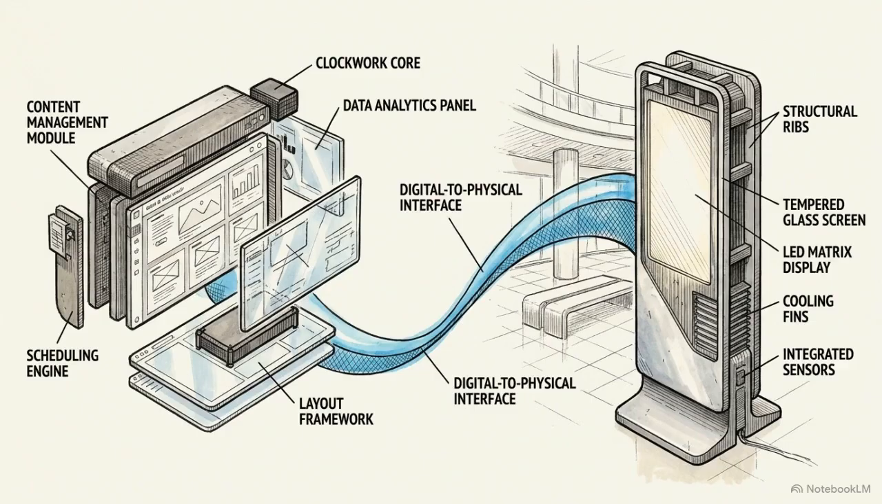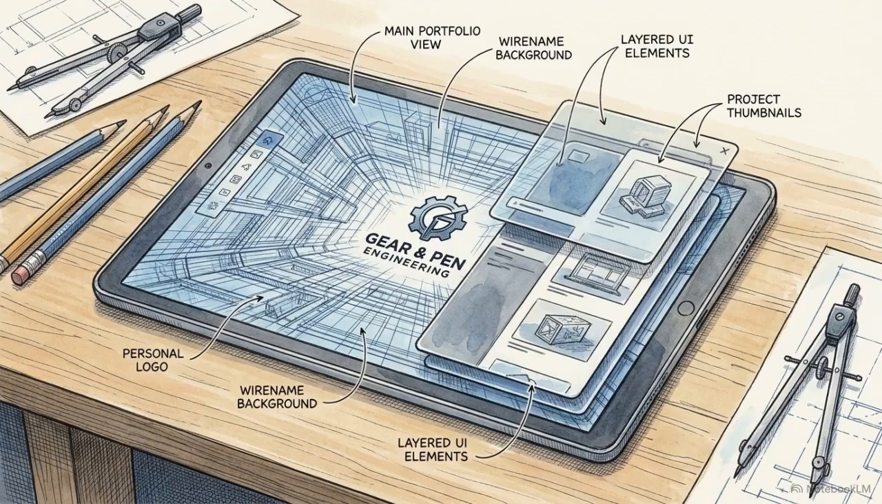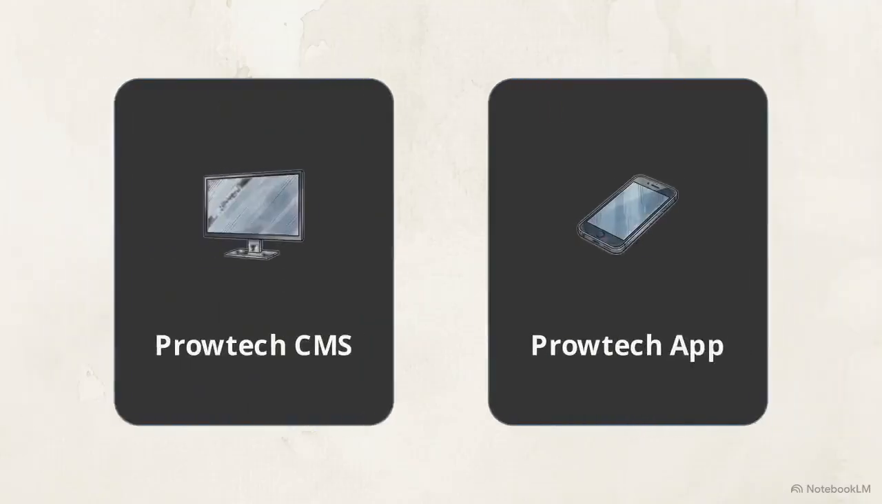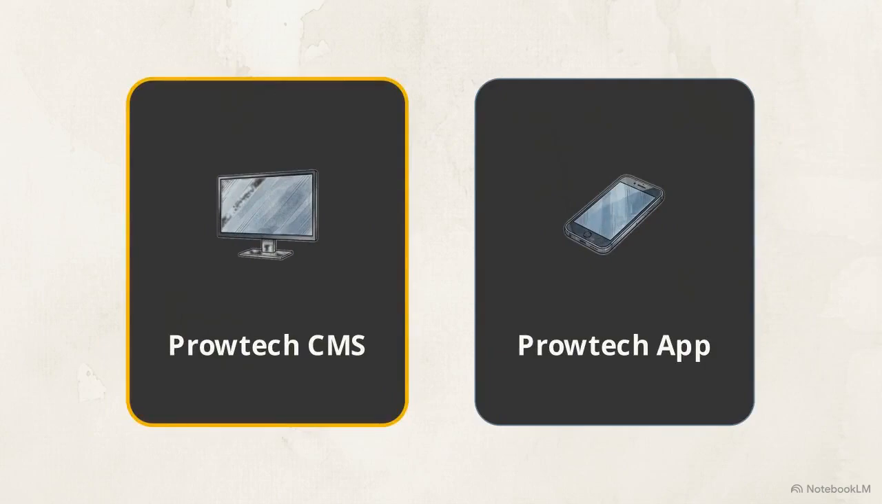Solving this requires architecting a system capable of bridging a centralized database with distributed physical hardware, instantly and reliably. To understand exactly how this pipeline is built, we are going to examine the engineering portfolio of full-stack developer Akash. Specifically, we will look at a dual-component project listed in his work history, the Prowtech campaign management platform and its